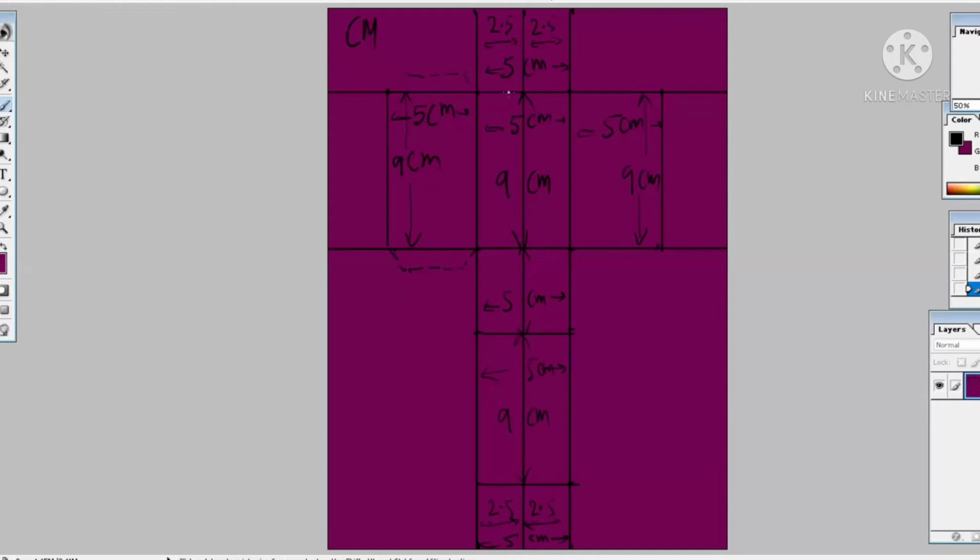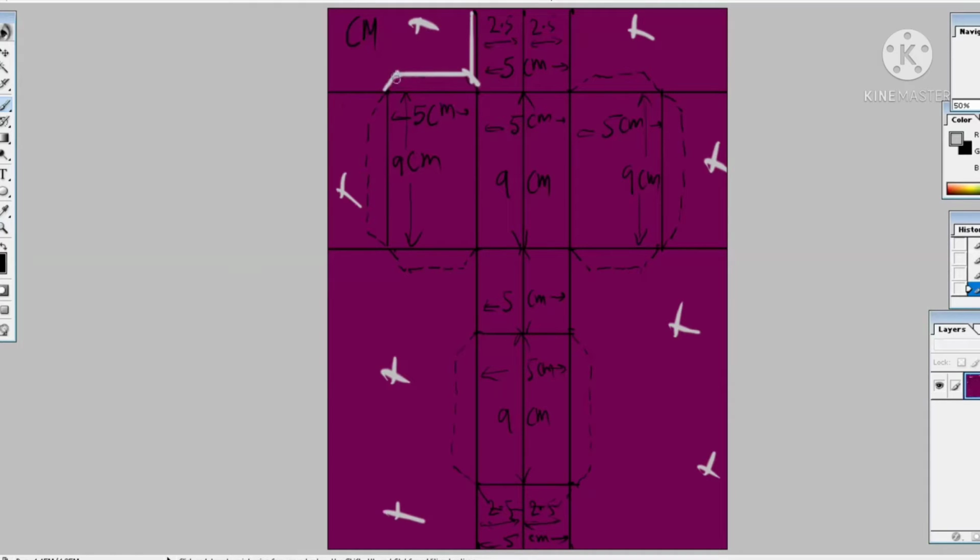Now I am drawing a dotted line where we have to fold our paper for pasting. These dotted lines are very important. When we make our shape, we need to paste this. This is almost done. Now this part where I do the cross line, we have to cut it.